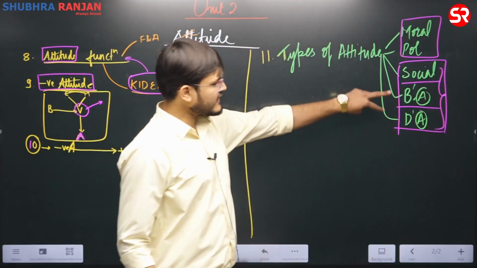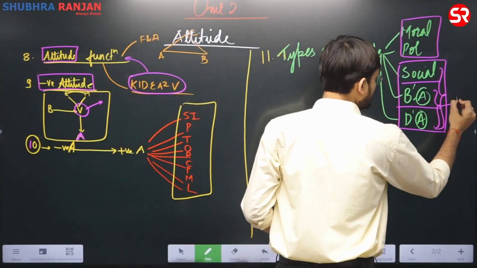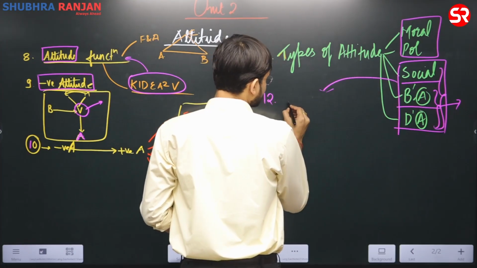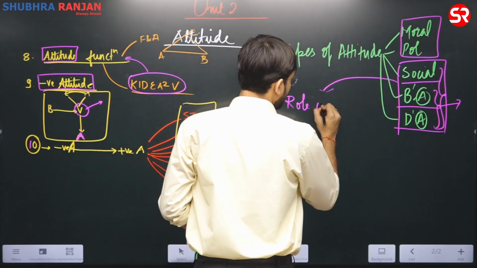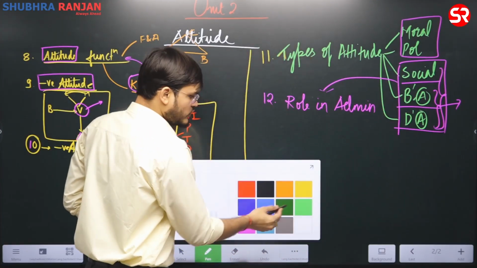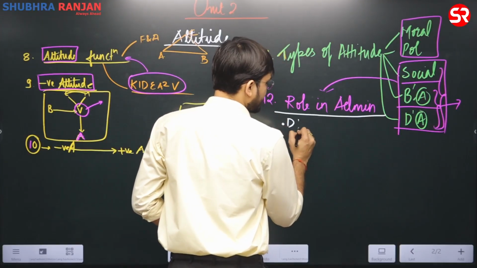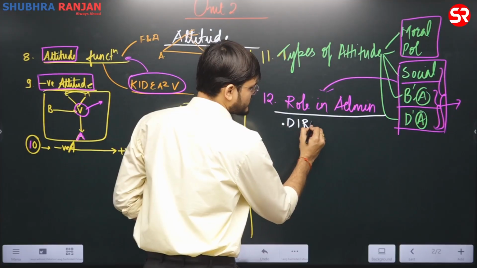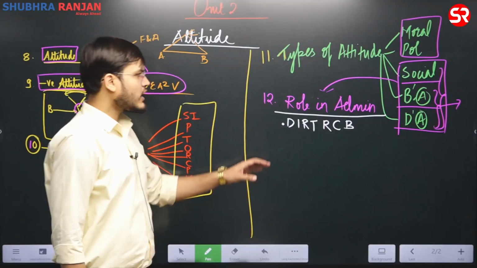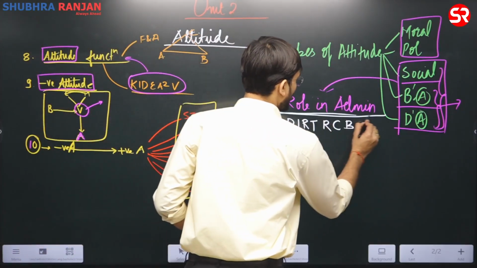All of these aspects they can ask differences between those two, and they can ask questions in terms of administration also, their role in administration. So their types and its role in administration they can ask. And thereby you will be using various keywords like service delivery, policy implementation, conflict resolution, building trust, strengthening community relations, crisis management and behavioral change. All of these keywords you will be using with respect to role in administration.